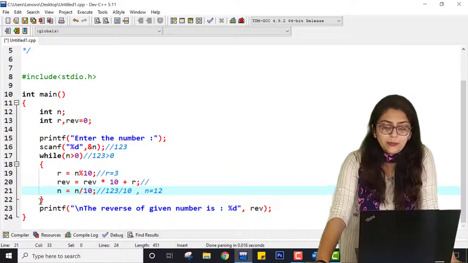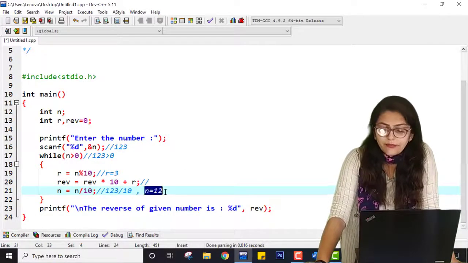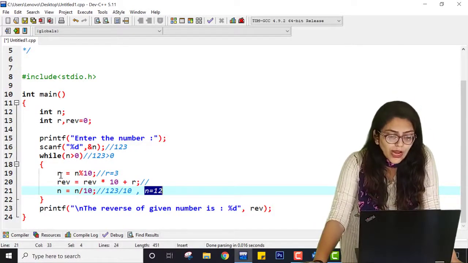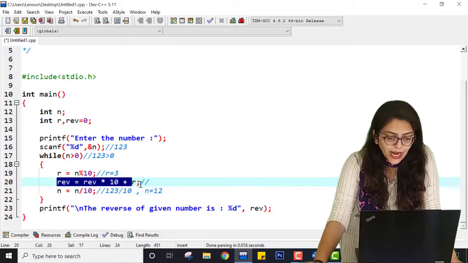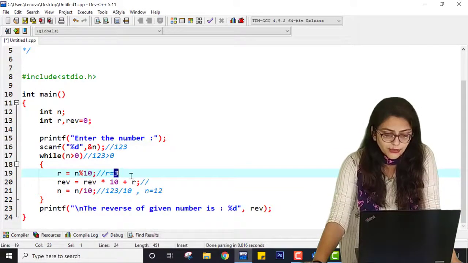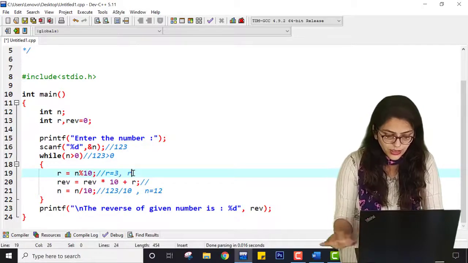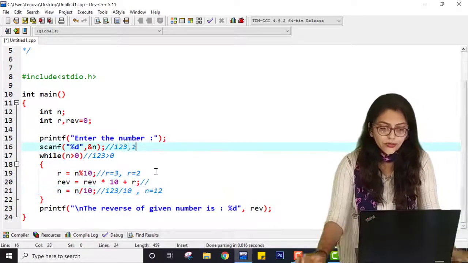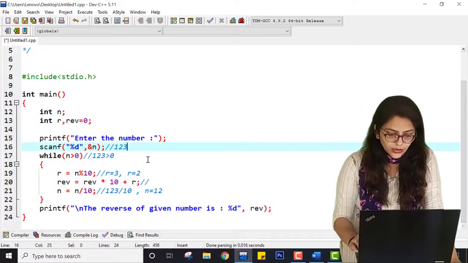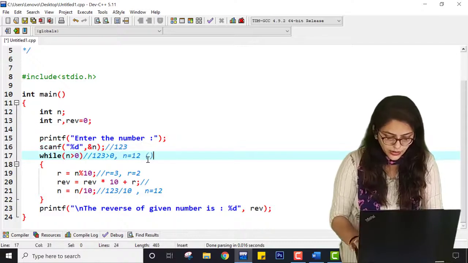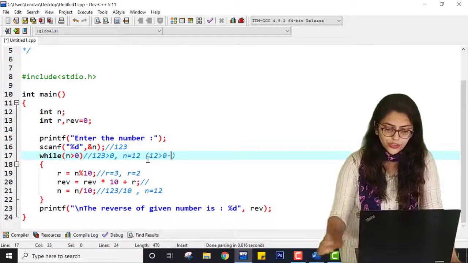And I am doing this repeated process for this 12. So every time I am adding the remainders, because in the second iteration it will be for n equal to 12. So here n equal to 12 and 12 is greater than 0, so the condition is true.